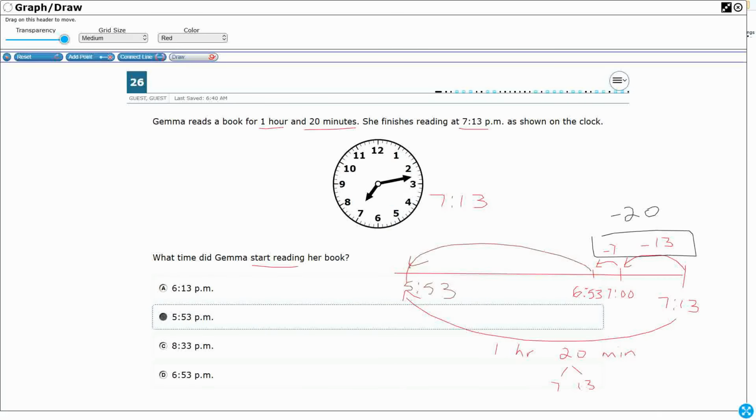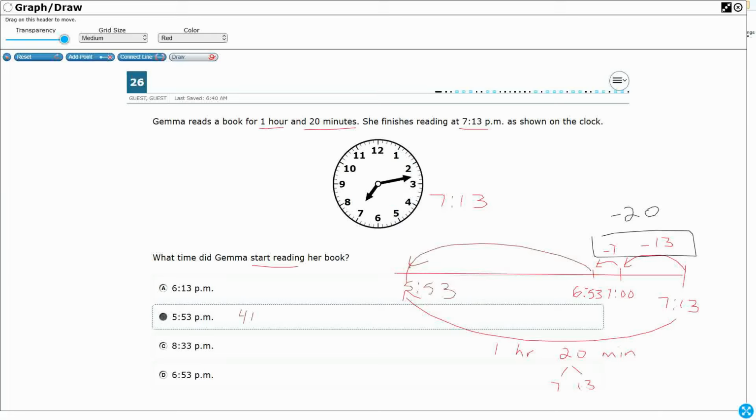How did we do? Well, only 41% of our students got this. The rest were kind of spread out a little bit. And so if we got this 27%, they only subtracted the 1 hour. They did the 7:13 minus the 1 hour. They just missed the 20 minutes. And then if you got this 18%, they only subtracted the 20 minutes, or what they might have done